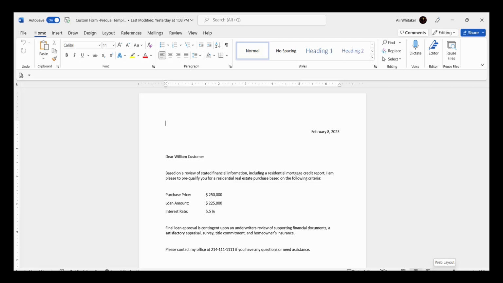Like I said, the first step is it needs to be in a Word document. So if it is PDF, go ahead and get that converted over to a Word document. The second part is it needs to be in the .doc version, not the newer docx. So let me show you the second step. You're going to go up to your file,